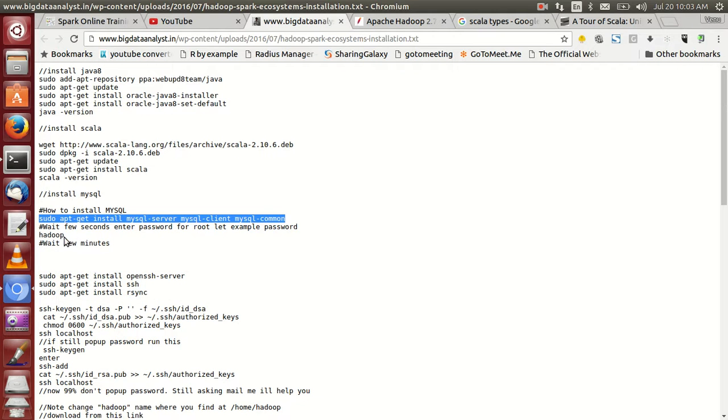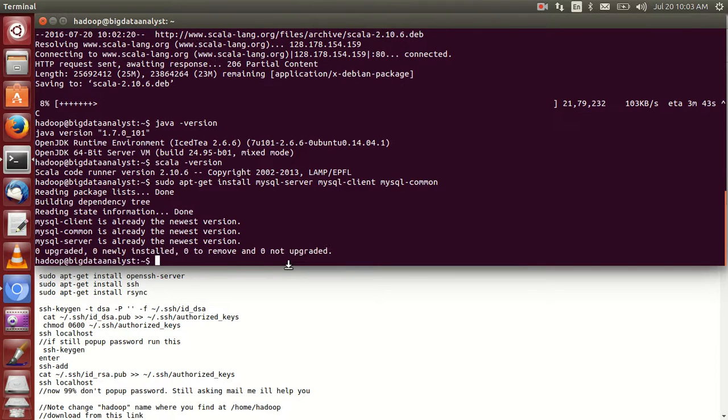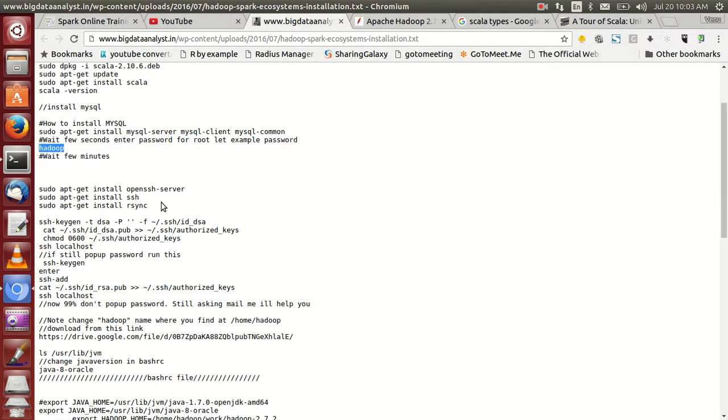After around 10 minutes, it pops up a password prompt. If it is already installed, it won't pop up anything. But if not installed, you will get a popup asking you to please enter a root password. At that time, you have to enter Hadoop. That means Hadoop is nothing but your MySQL password. And finally, you have to run this command.